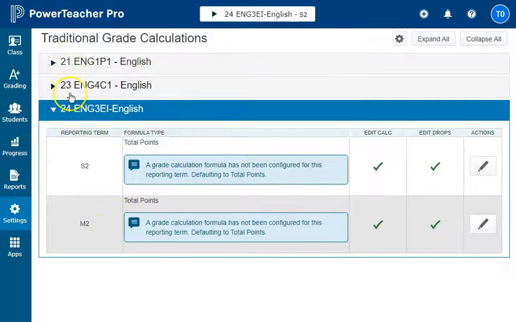Now you'll see that I have access to all of my classes that are open right now and each of the terms. And we have to do it separately. We have to actually set them up in each term and in each class, of course. The idea being that you could have different combinations of weightings or even categories in use in different terms. But we'll start with the earliest one, which is this midterm of the second semester, and I'm going to hit